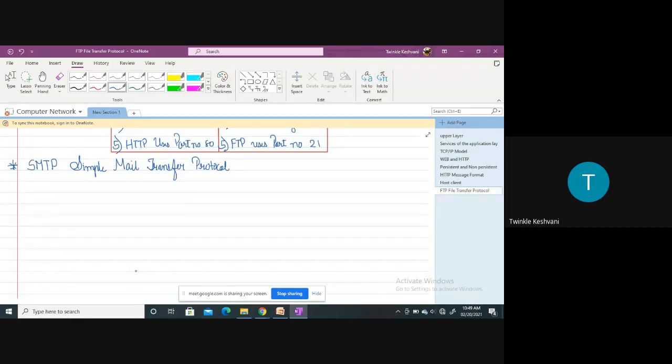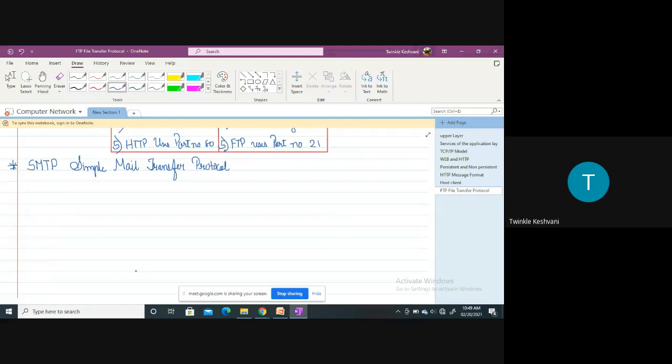The receiving server replies with an error message that the message you have sent has an incorrect email address, right? So this kind of error handling capability is also there with the Simple Mail Transfer Protocol.